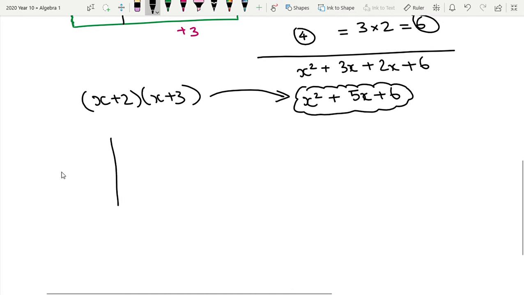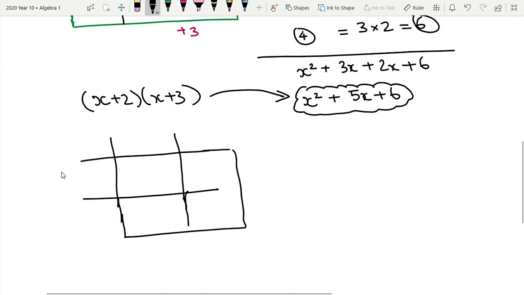It replicates the area idea, so it will look like the area, but it's not really the entire picture of the area, maybe part of it. So again, you will see the idea of the area is done here. I connect these 4 together, making sure it looks like the big area rectangle. Up here I put x, and this one I put plus 2. In here I put x, and I put plus 3. In each square I'm going to find the area, so x times x gives me x squared,